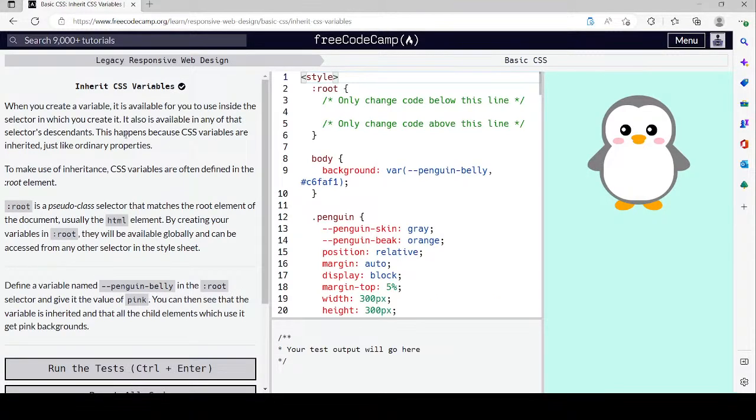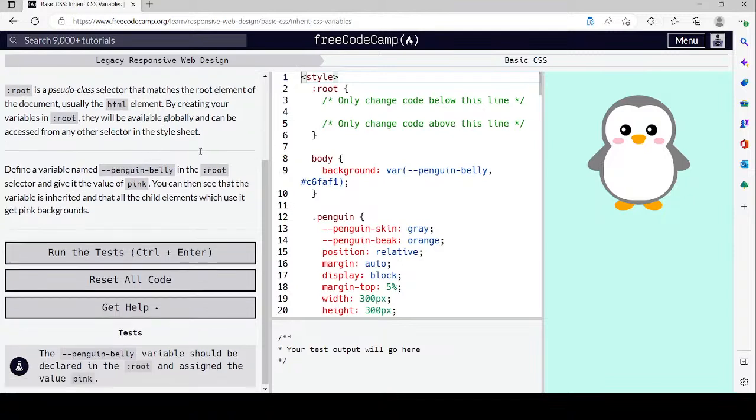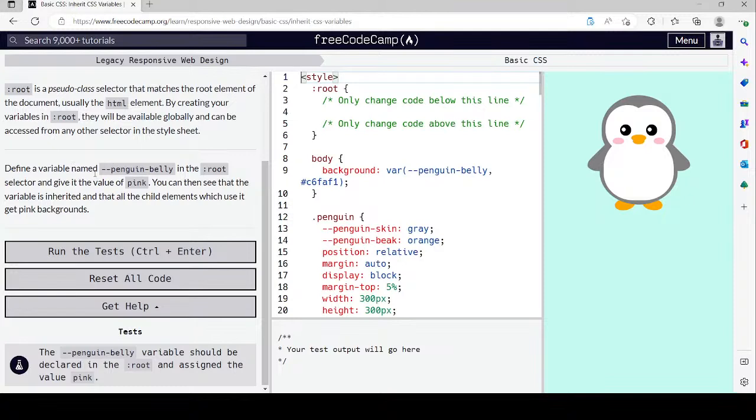When you create a variable, it is available to you to use inside the selector in which you create it. It's also available at any point of that selector's descendants. This means that because CSS variables are inherited, just like ordinary properties, to make use of inheritance, CSS variables are often defined in the root element. Root is a pseudo-class selector that matches the root element of the document, usually the HTML element. By creating your variables in root, they will be available globally and can be accessed from any other selector in the style sheet. Okay? Define a variable named